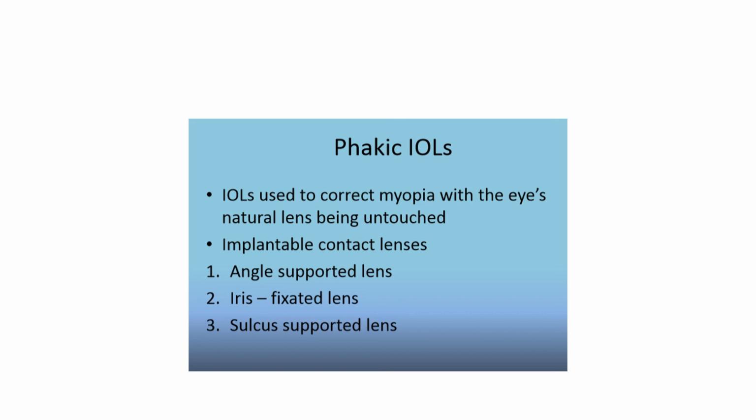The second one is implantable contact lenses. The procedure involves implantation of micro thin lenses inside the eye to correct short-sightedness, myopia, farsightedness, hypermetropia, and astigmatism. The procedure, which can be reversed, is able to treat a high range of correction beyond that possible with laser eye surgery. It is an excellent alternative to laser eye surgery and where LASIK is contraindicated, for instance, those with thin or abnormal corneas, keratoconus, and dry eye. So implantable contact lenses are also of three types: angle supported lenses, iris fixated lenses, and sulcus supported lenses.